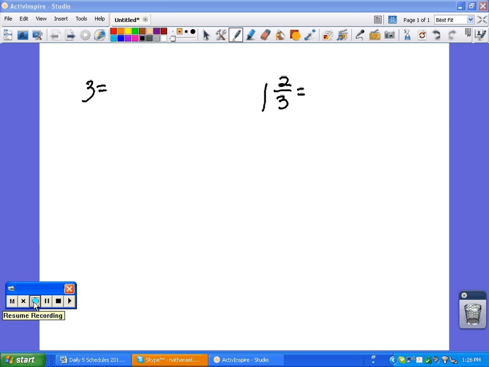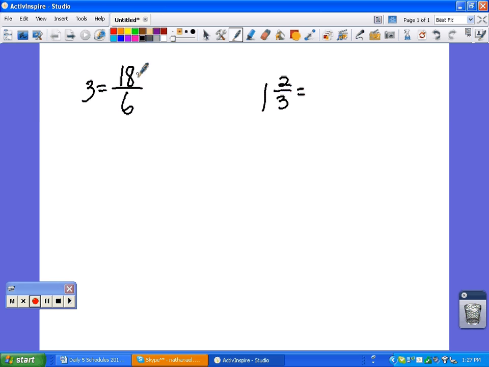Okay, to turn a whole number or mixed number into a fraction. 3 equals how many sixths? You can think of it in two ways. What divided by 6 equals 3, or the whole number 3 times the denominator would equal 18. So 18 divided by 6 equals 3, or 3 times 6